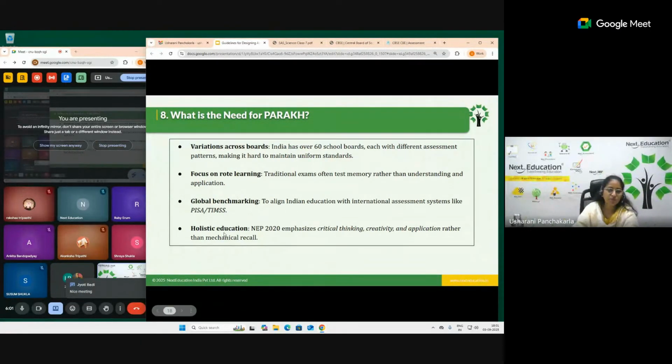Holistic, which means a complete 360-degree education, would be inculcated into the student provided we not only give knowledge and understanding, that is the cognitive domain, we also give the affective domain, that is the skills, the values and attitudes. And the next one is the psychomotor, which is mastering the skills.